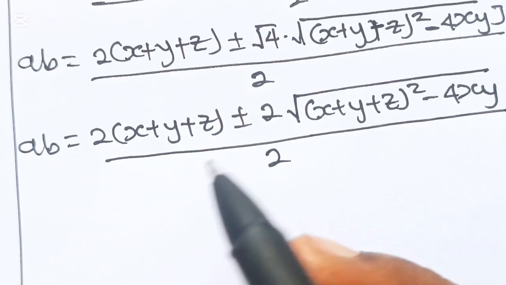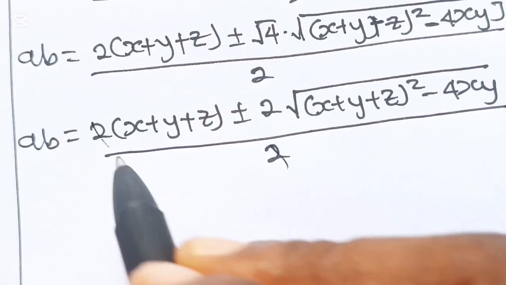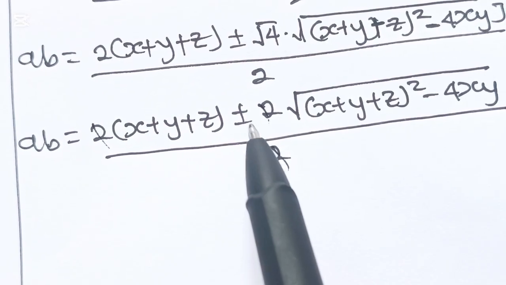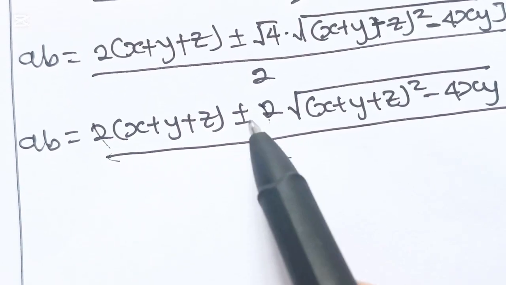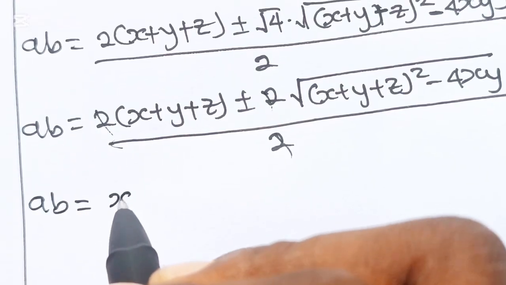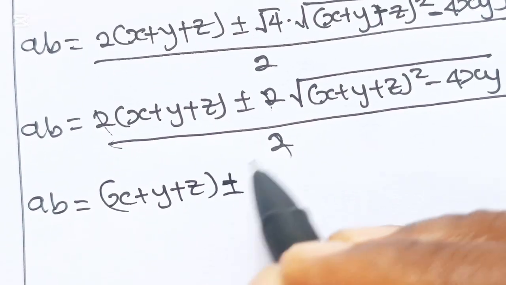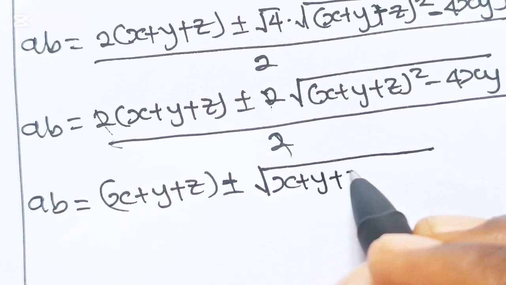All right, now at this point, these 2 and these 2 and these 2 will cancel out, right? Because if we separate this, this and this will cancel, and on the other side, this and this will cancel. So we have ab is x plus y plus z plus or minus the square root of x plus y plus z squared